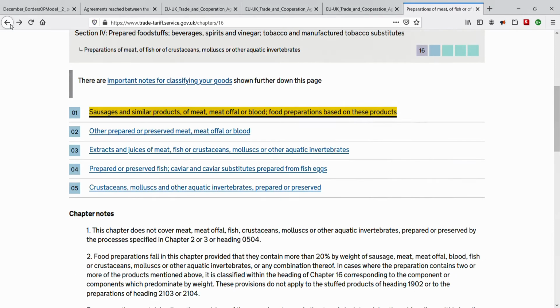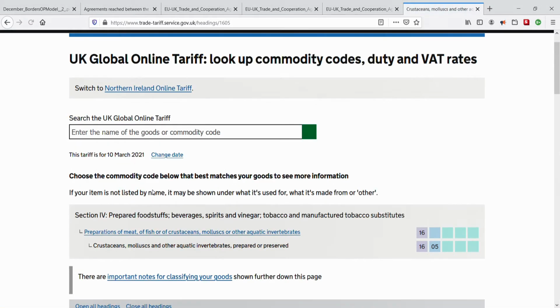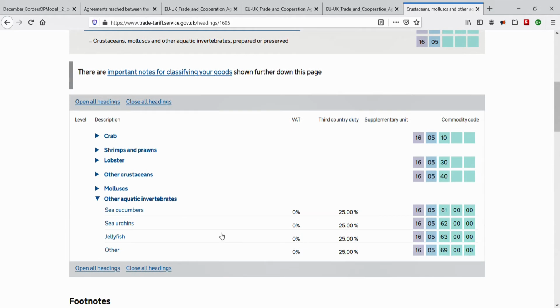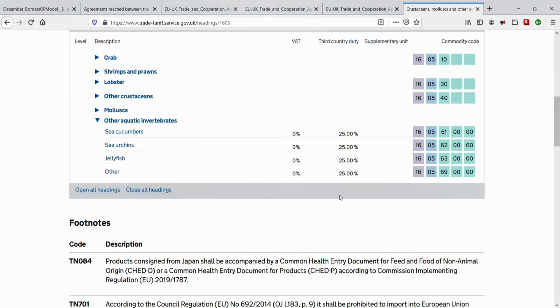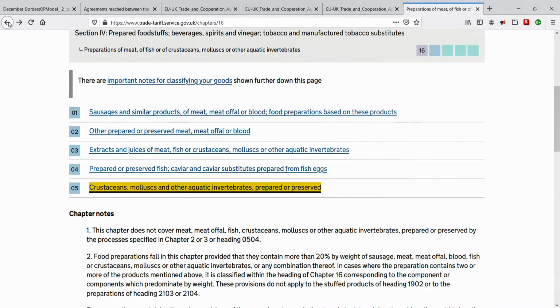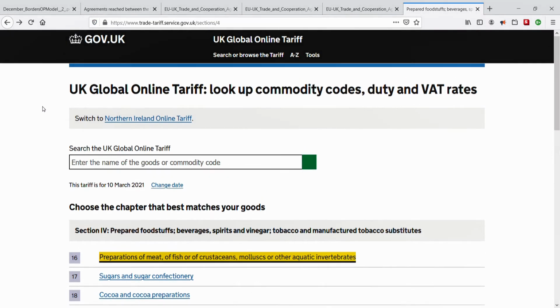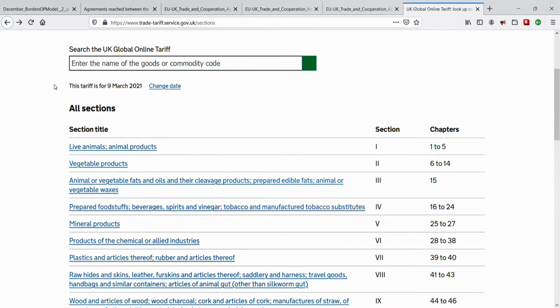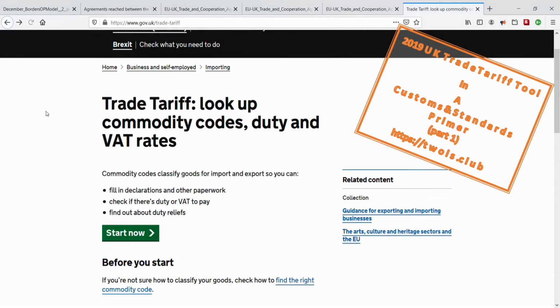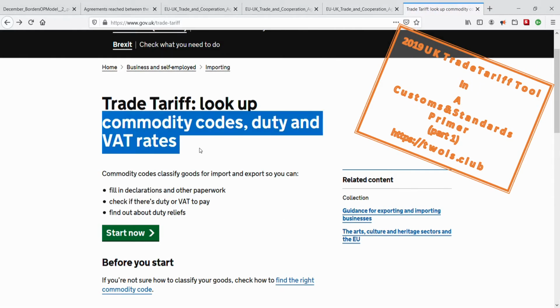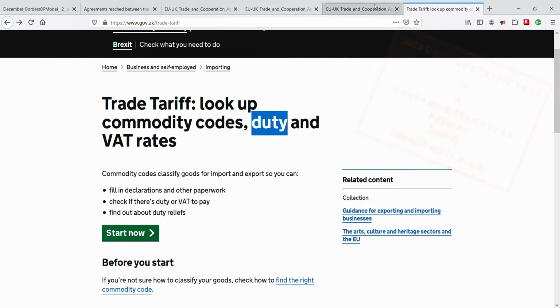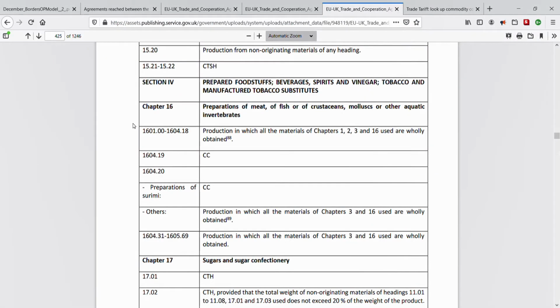And this makes sense. All this together forms the harmonized system, providing a lot of information for any given product type. Do feel free to check out my old videos from 2019, should you wish to learn more about this tool. The 2019 no-deal trade tariff tool structure is the same as what we see here, post-transition, in the 2021 version of the UK trade tariff tool. But remember, there are occasions when the duties applied will depend on the result of certain rules of origin calculations. Whether a product is considered originating in the UK or EU, or non-originating, i.e., from outside of the UK and EU. So next, let's move on to rules of origin calculations. And then an example. Fab.